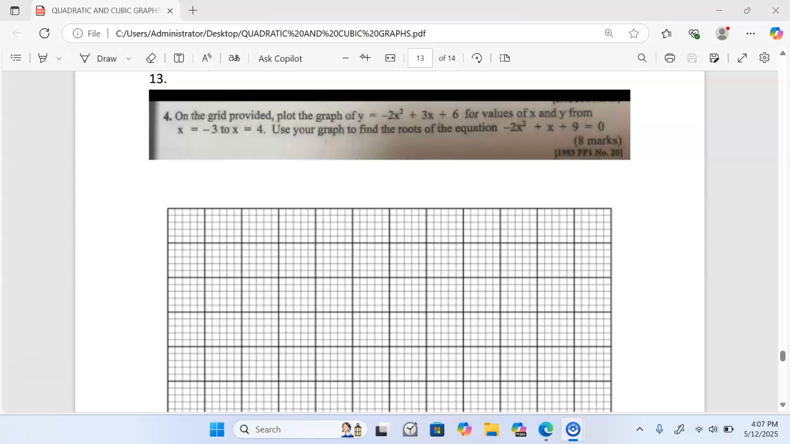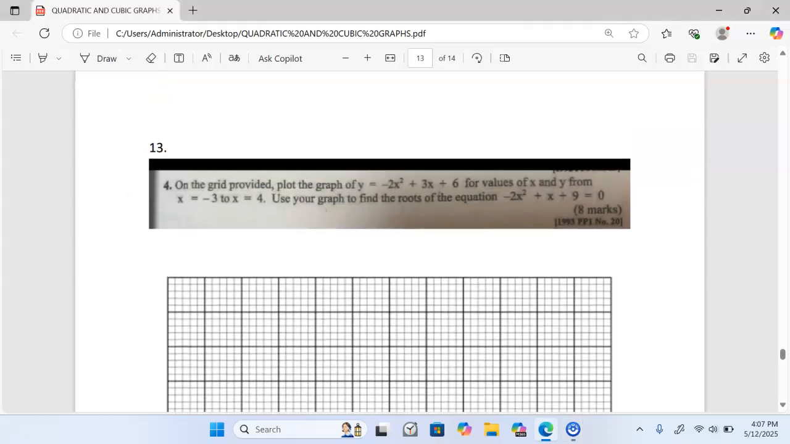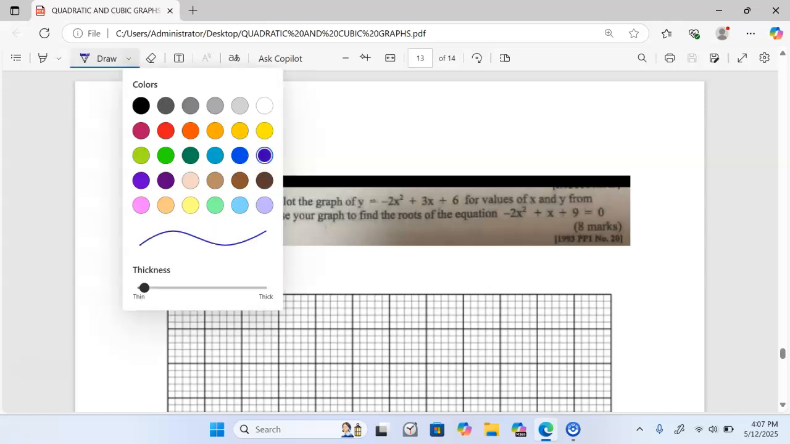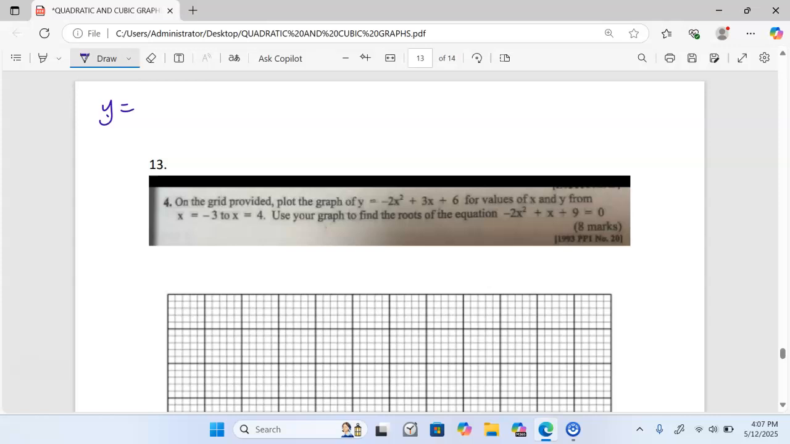What we are going to do, I'm going to start by getting the turning point of the curve before I draw a table. We know the function given is y is equal to negative 2x squared plus 3x plus 6. And for us to get the turning point, I know at the turning point of a curve, the